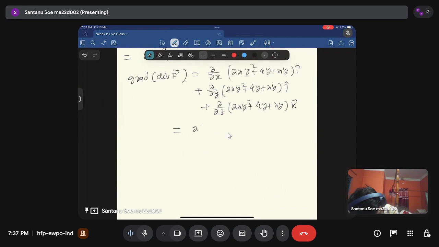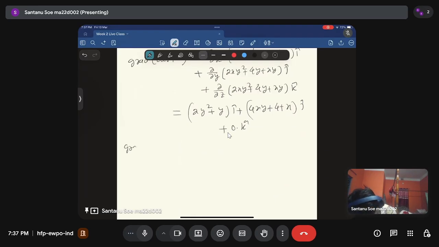So this is just (2y square plus y) i cap plus (4xy plus 4 plus x) j cap plus 0 k cap. Okay,